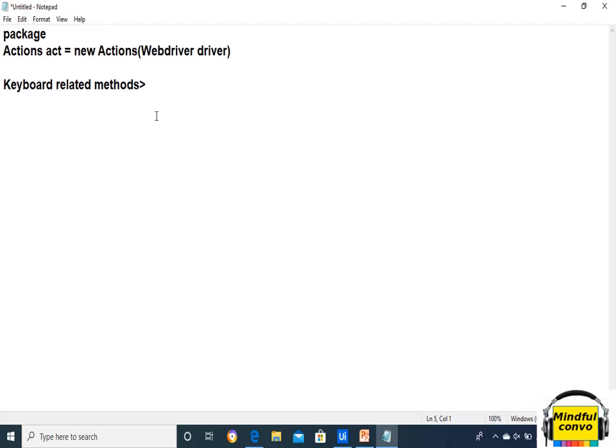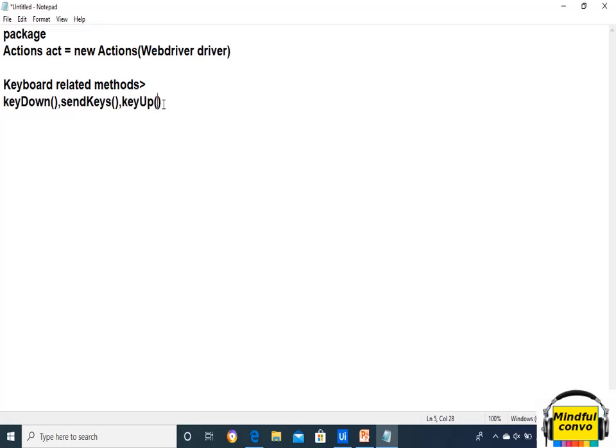Those methods are keyDown, sendKeys, and keyUp. The keyDown method is used to press the Shift key, sendKeys is used to send the text in the text box, and keyUp is used to release the Shift key.